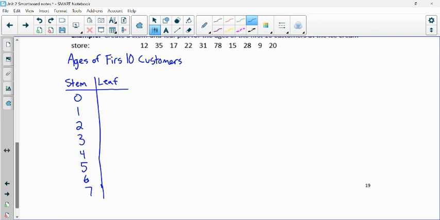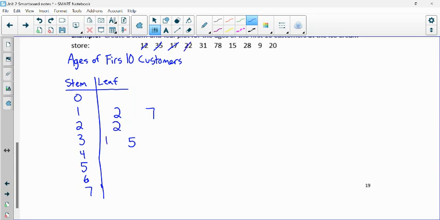I have a 12. So that's a 1 of a stem and a leaf of a 2. I have a 35. Now, 35 is kind of right in the middle of the 30s. So instead of putting the 35 right towards the bar, in case I have some earlier 30s, I'm going to put it more towards the middle. So that way, if I have numbers before the like 32, I could put it in front of that. 17, same thing. I'll put the 7 a little bit further down in case I have like a 13, 14, or 15. 22,